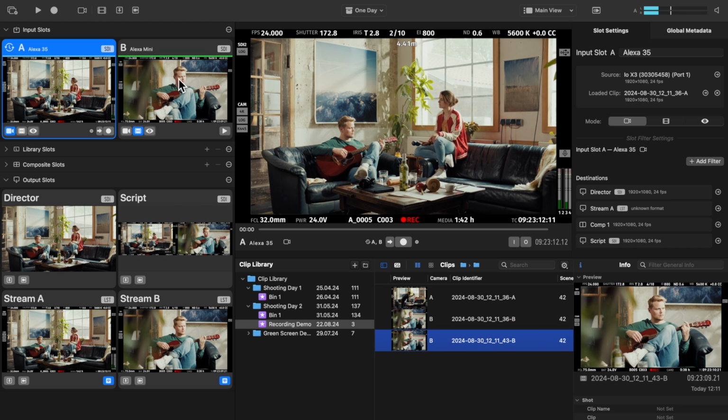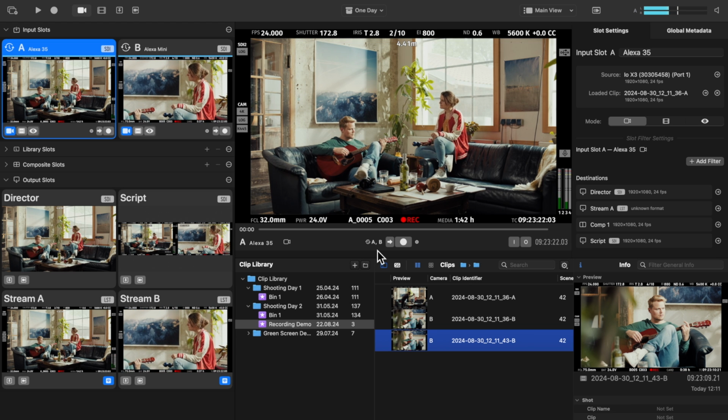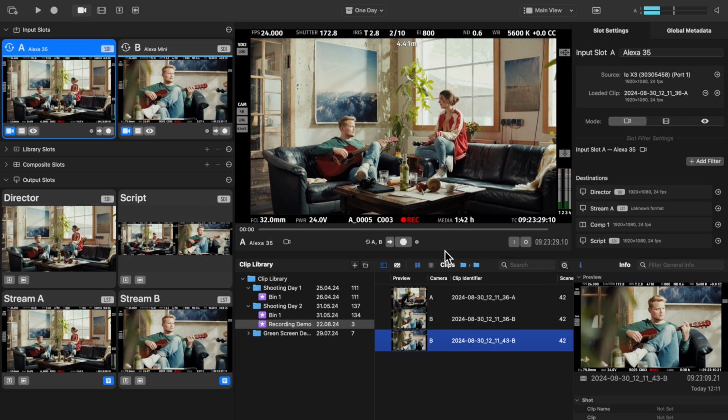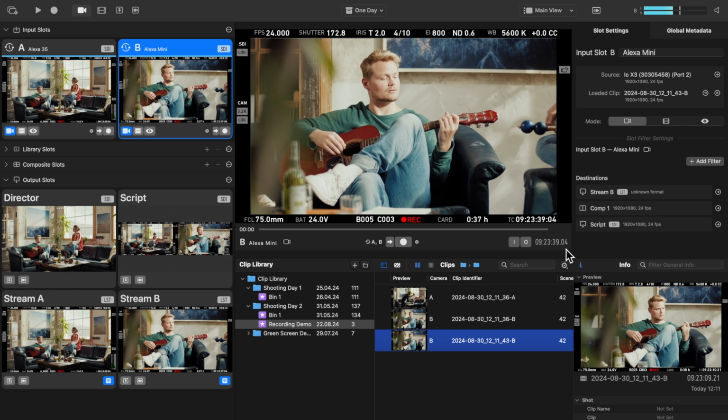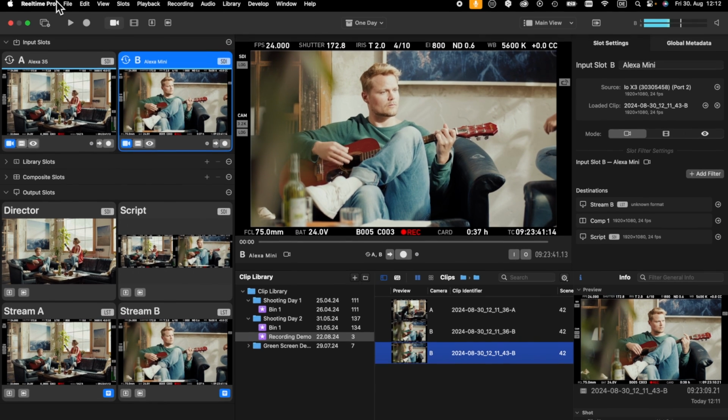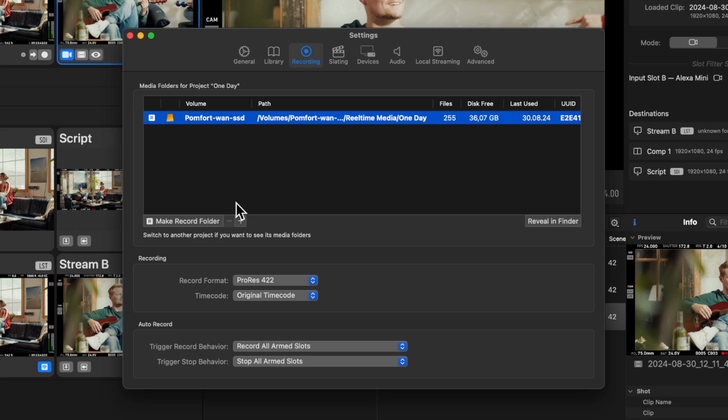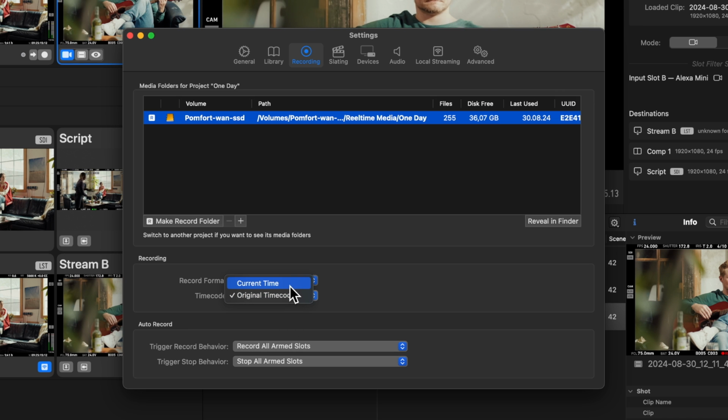In our example, we will create a TC Sync group recording of all cameras. This Sync Info label indicates that cameras A and B are currently synced to a group. So when we start recording, we will create a group recording of both cameras. The timecode is used as a syncing method. Our cameras here are jam synced, so we can use the SMPTE timecode embedded in our SDI signals. Alternatively, if your cameras are not synced, you can also use the current time as timecode.